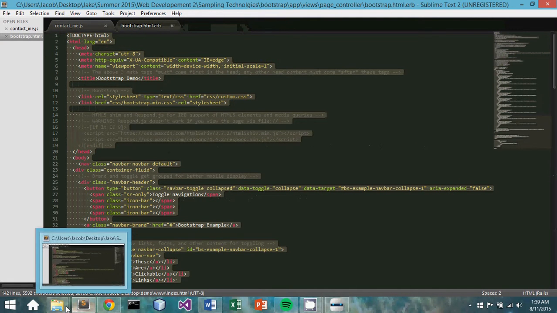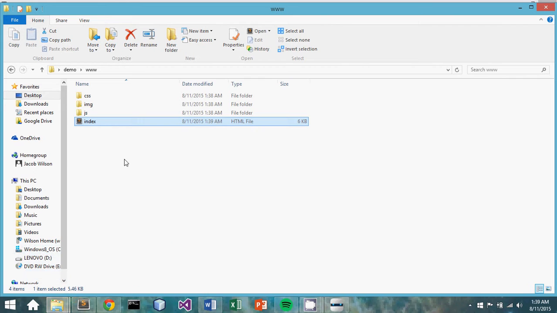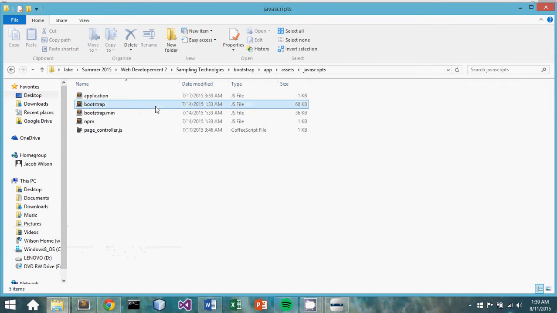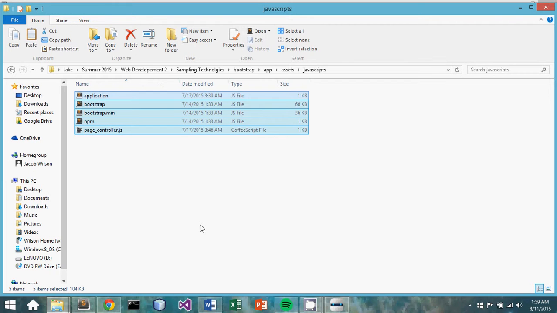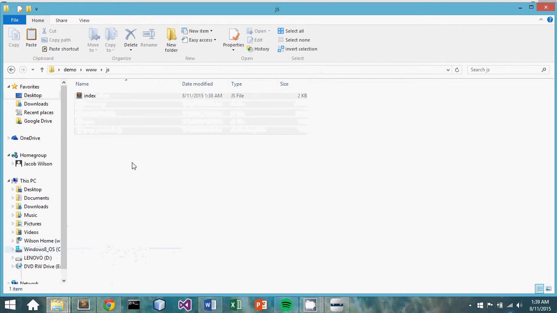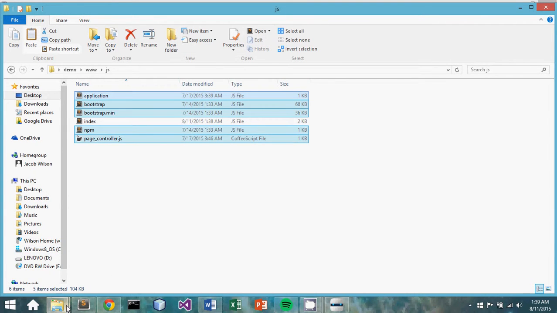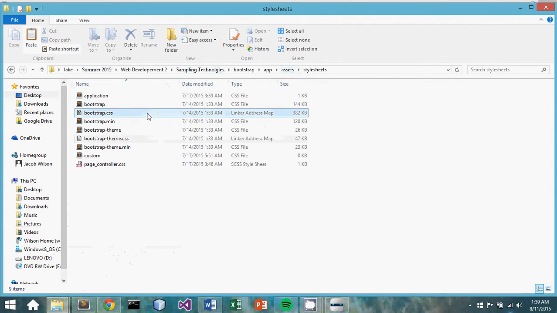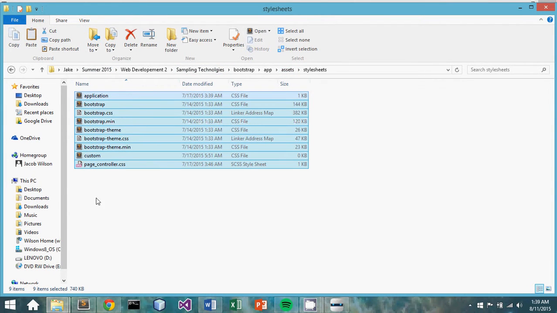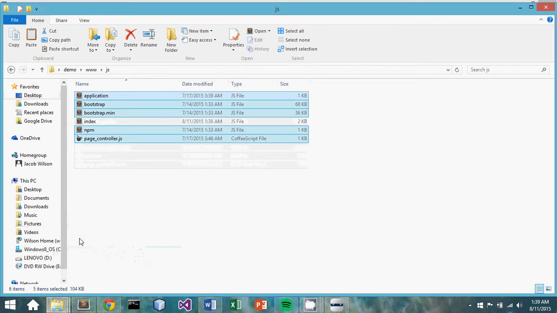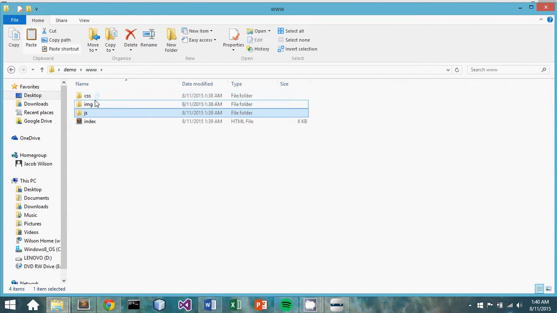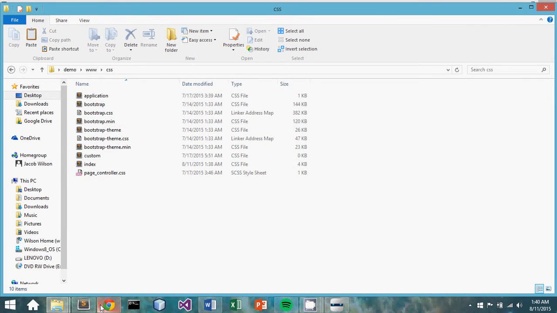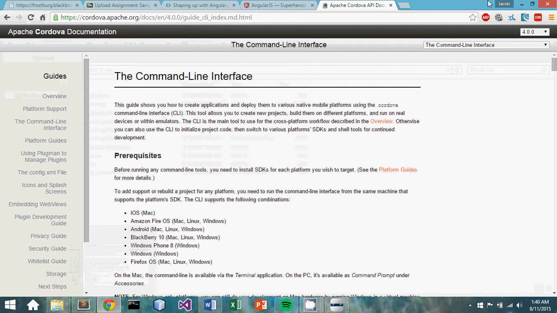So we're going to do that, and then we're going to open up my JavaScripts, the ones I have precompiled from a previous application, which was actually a Rails app, and put those in there. We're going to come back and go to Assets again, open up my style sheets, copy all those, and dump those really quickly into my CSS style sheets folder here. Now, we are going to have an application